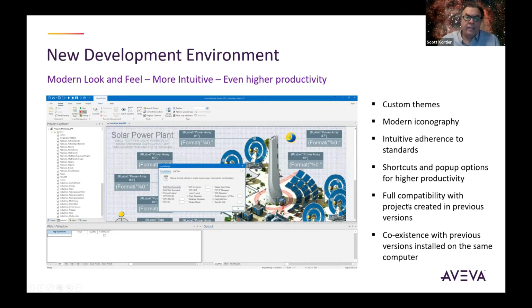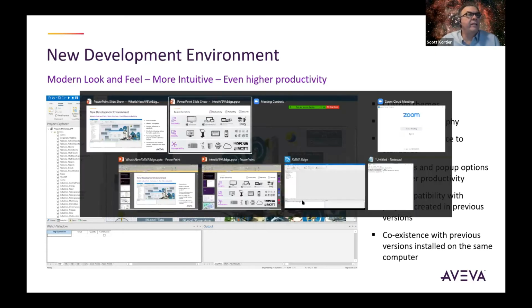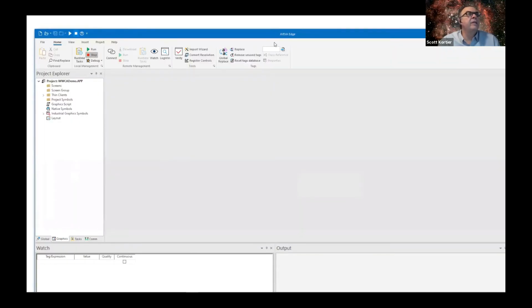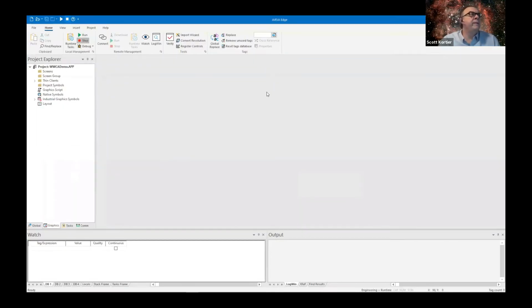So let me just dive right into the development environment here. So this is AVEVA Edge 2020, and you've got the new ribbon interface here, kind of the Office 365 look and feel. But one of the things that this brings along with it is up here in the upper right-hand corner, the ability to change your visual theme.